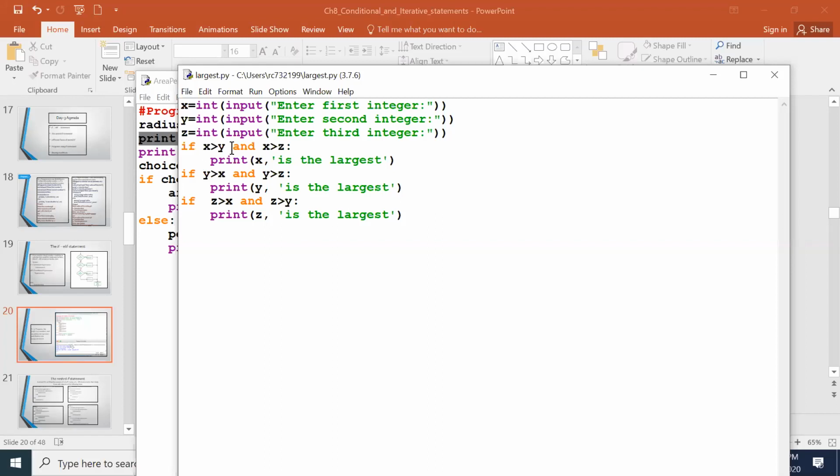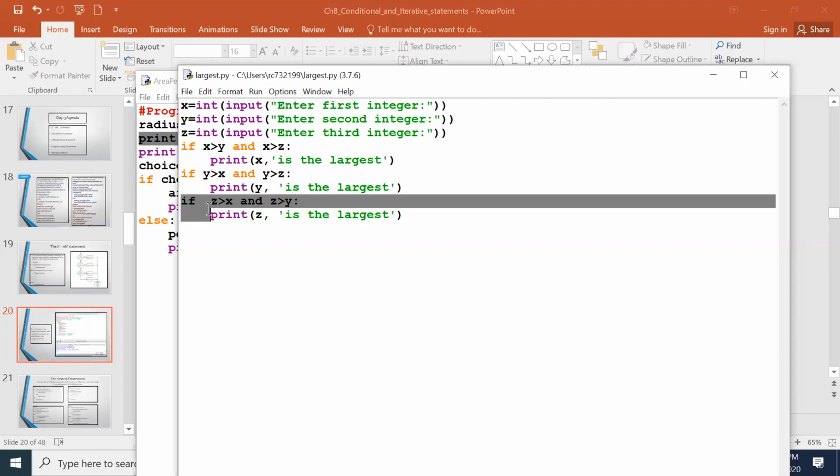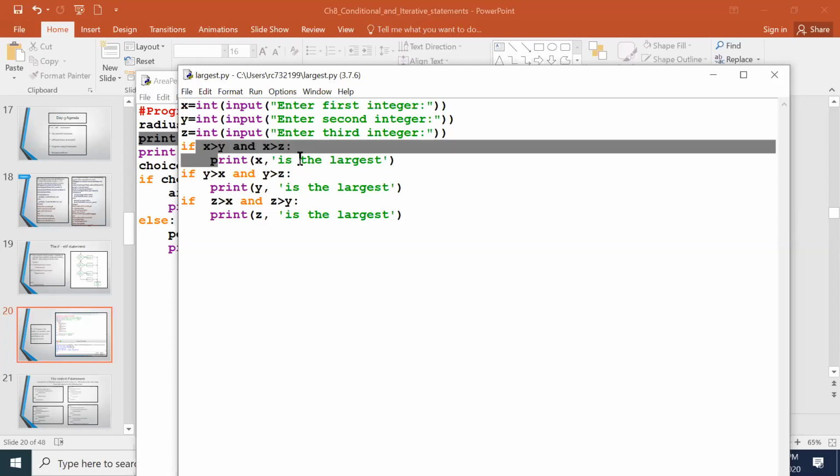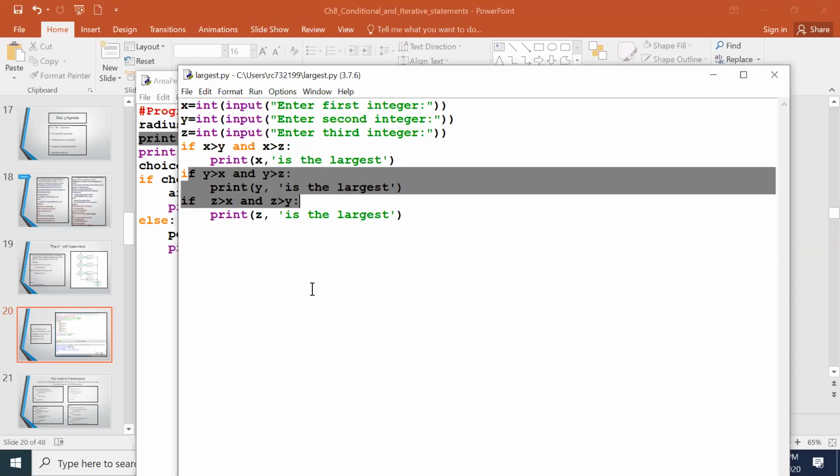Okay, if x is greater than y and x is greater than z, if x is greater, I will be printing this. Only if that condition is not satisfied, it has to come here. Right, okay. But that does not happen in simple if. Even if you give x as the greater value, it will print it is the largest and it will go for checking this condition also. It will execute this statement too. If the condition is not satisfied, again it will come to this if and check this condition also. Even if I get the answer here, I am unnecessarily executing these two statements.